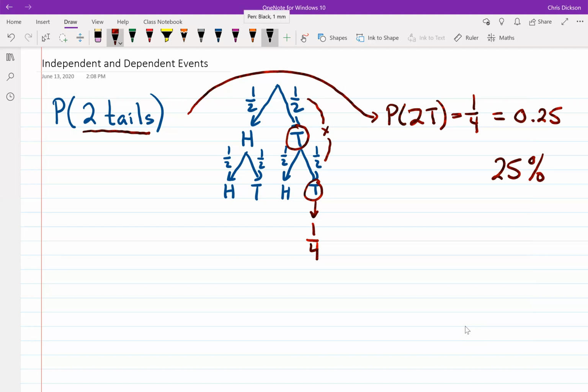Let's try one where we're looking at, let's say there's more than those two outcomes on the coin. So let's use a dice here, okay? And let's just use a standard 6-sided dice here. So what's the probability if you rolled a dice twice, the probability that you rolled a 3 both times. So let me write that differently. Let's say you rolled both numbers are 3. Okay, so that you rolled a 3 the first time and a 3 the second time.